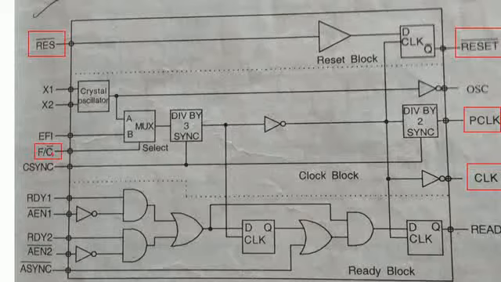So if you apply 0, then it is the crystal signal, means this selection line activates the crystal frequency. If you apply binary 1, then this multiplexer activates the EFI signal, means we are using the function generator as the clock source for our clock generation. So we have two options to provide the clock signals.